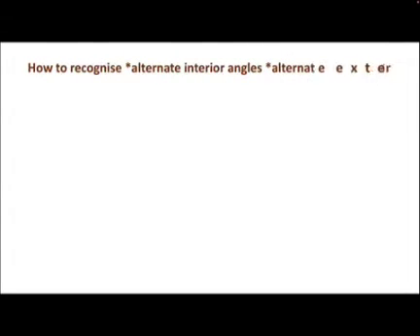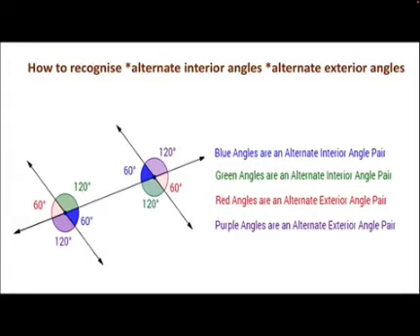Next, how to recognize alternate interior angles or alternate exterior angles? Now, here you can see, again I told you, look for the Z shape here. From here if you go this way and this. So you have Z shape here and there is one angle here and one more blue angle here. So they are alternate interior angles and what did we learn? They are equal. That's why here it's represented as 60 degrees and 60 degrees. These two are alternate interior angles and they are equal.